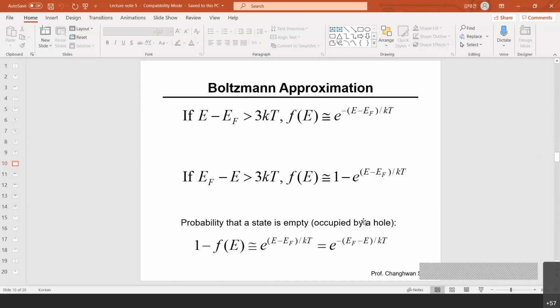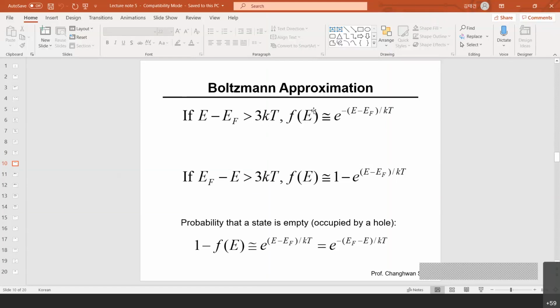And lastly, we have briefly learned what the Boltzmann approximation was. So the energy level that we are interested in is slightly higher than the Fermi energy level by 3 times kT. Again, the kT at room temperature is 26 milli electron volt. So 3 times 26 milli is 78 milli electron volt. So if the energy level that I'm interested in is slightly higher than the Fermi energy level, the Fermi function,